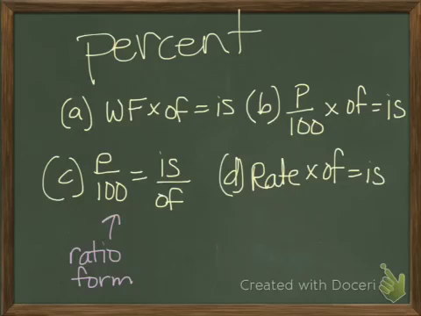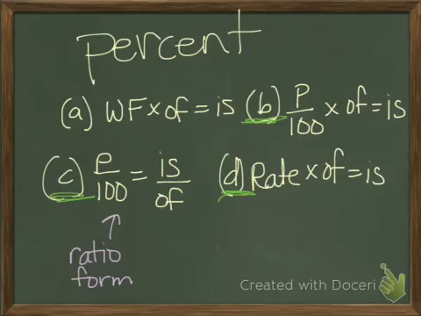And then the next 3, so I'm looking at B, C, and D. These all have to do with percents, so out of 100. So the first way you can do those is do P out of 100, and then of again means times